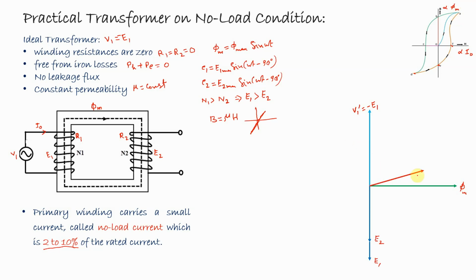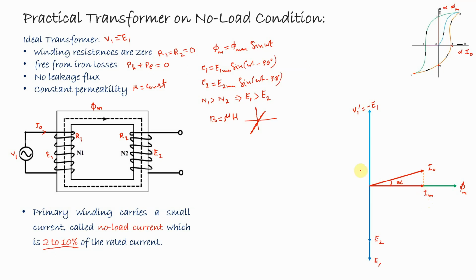So here it can be seen like this. This is the no load current which will lead the mutual flux by an angle of alpha. This is called the hysteretic angle. Now, as this current makes some angle with the horizontal line, we can resolve this current into two components. One should be in the horizontal line, another should be in the vertical line. Its horizontal part will be here, and this component is represented by Im. This is called the magnetizing current of the transformer.